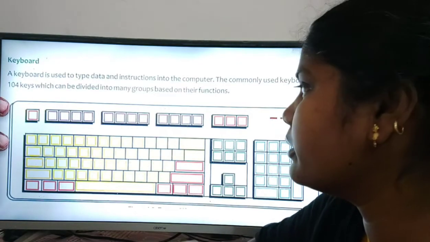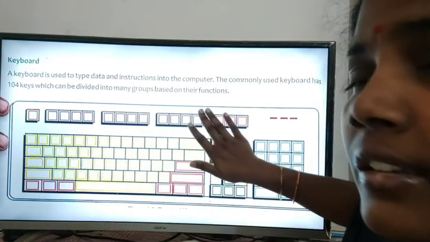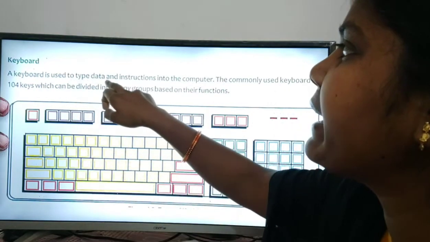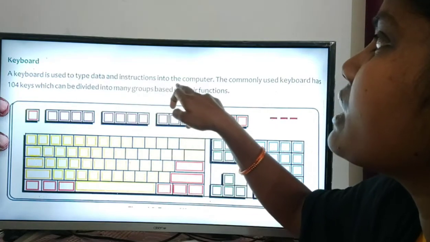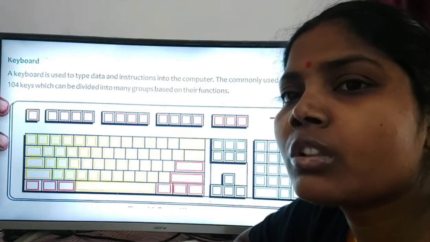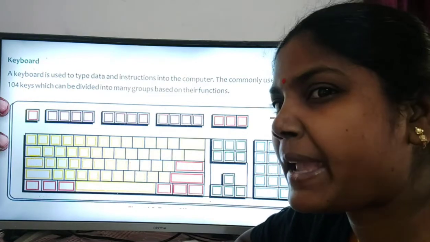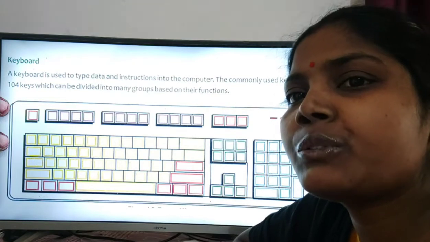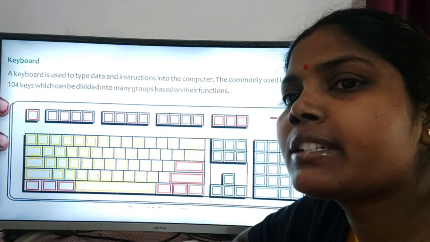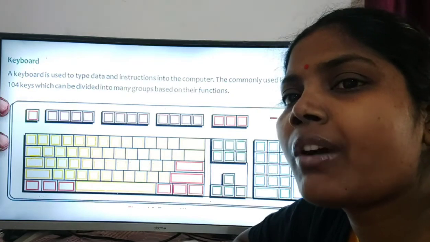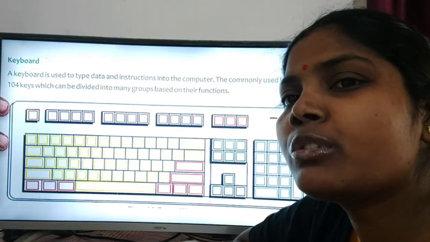So keyboard, this is the keyboard. A keyboard is used to type data and instructions into the computer. If we want to work on the computer, if we want to type, we can do it with the help of the keyboard. We can give instructions to the computer, and according to our instructions, the computer works.